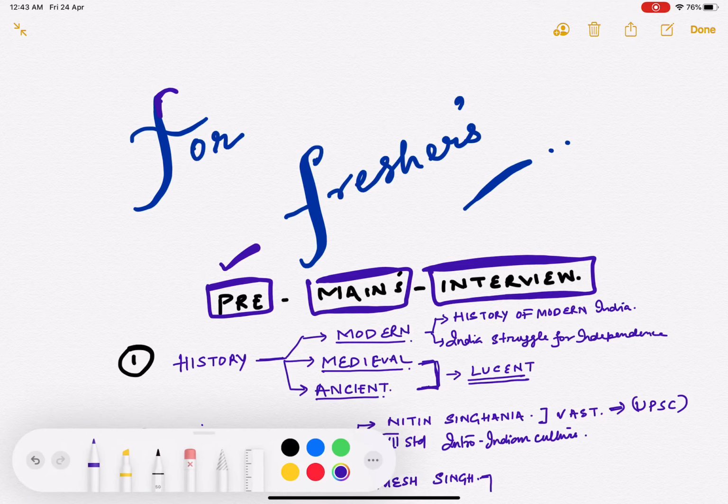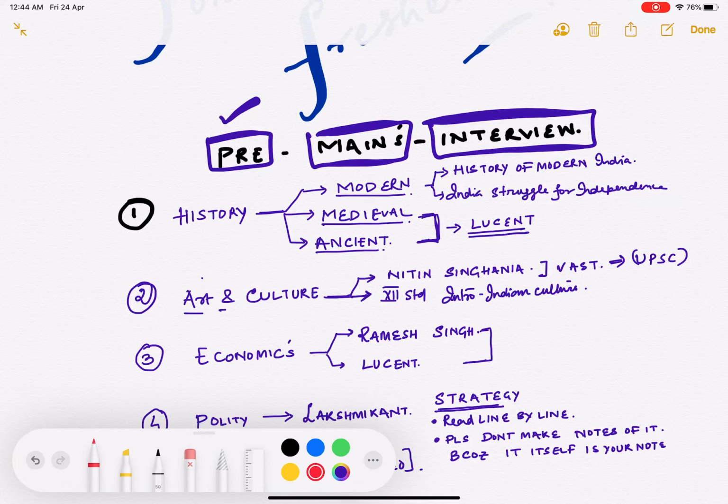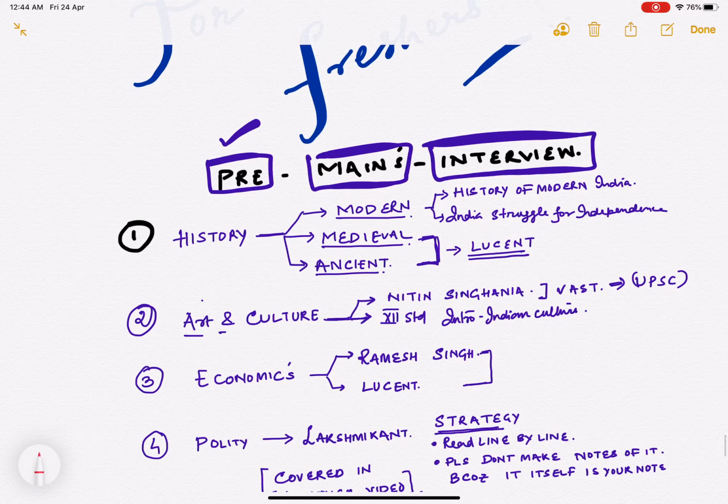Now, for the prelims, first of all, we'll be having your history. Within this history, you need to keep in mind that it is again divided into three phases, that is your modern, medieval, and your ancient. With respect to modern, medieval, and ancient, there is one source, you call it the Lucent. Every one of you has followed Lucent, I am quite sure of it, to crack this or that examination or for the SSC. Now, remember one thing: Lucent does not give you conceptual clarity, but certain books of